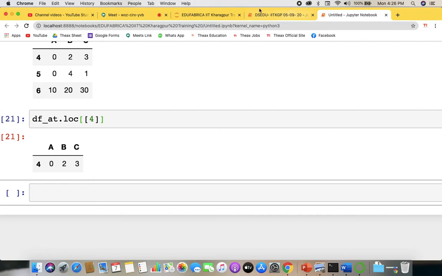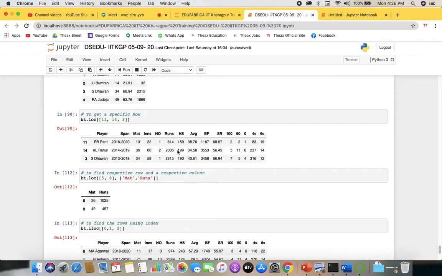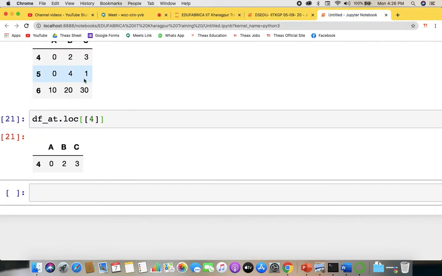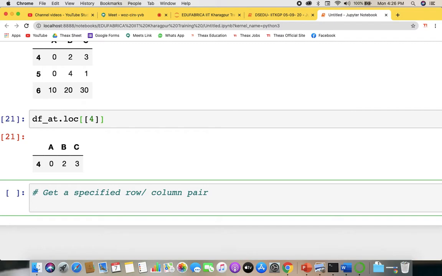We get 0 to 3, right, if you see the previous values. So if we mention the particular rows and the particular columns, we get it accordingly. Similar to this, it works according to the key value pair. If we want to get a specified row and value, we'll write it as df